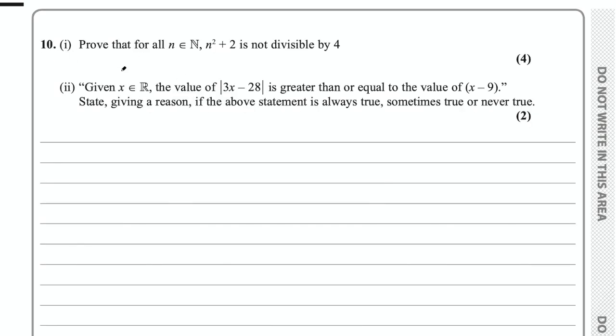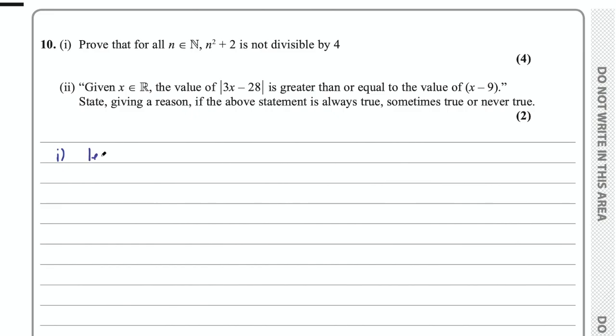Question 10 part 1 says prove that for all n belonging to the natural numbers, n squared plus 2 is not divisible by 4. For this I'm going to go through two methods. One, proof by contradiction, and the next one will be a bit more straightforward. The first method is what I used when I tried to solve this. The second method is straight from the mark scheme, and in my opinion would be the method I would suggest you use. So the proof by contradiction, well, we're going to firstly assume that n squared plus 2 is divisible